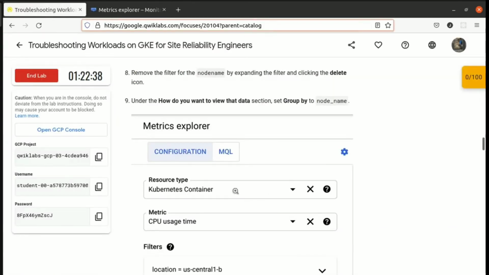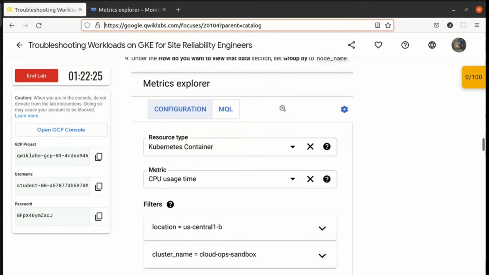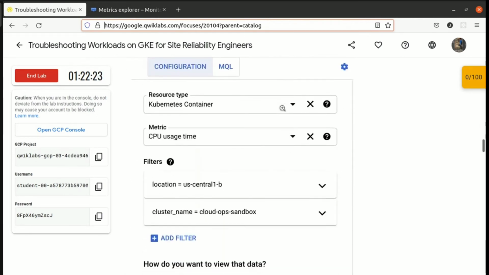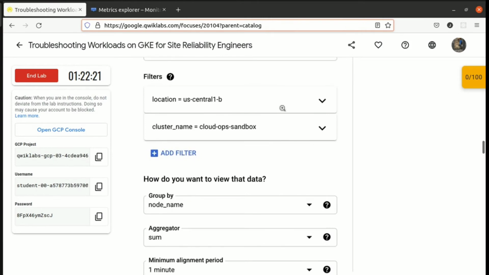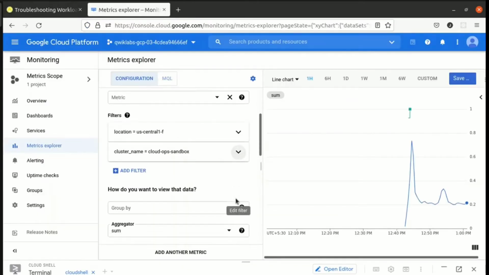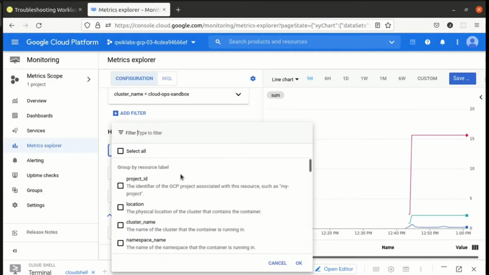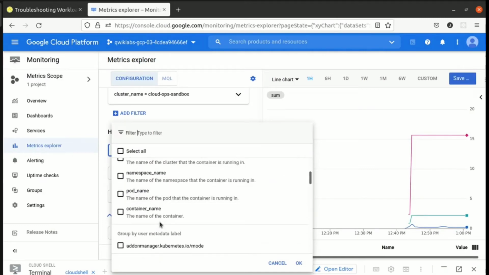What's next? Under the section on how you want to view the data, set group by to node name. Okay, where is it here? Okay, over here. Group by what?